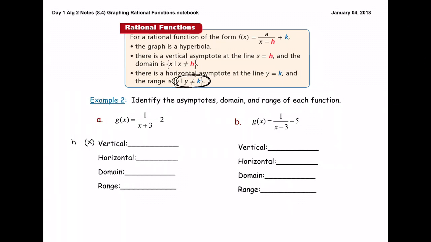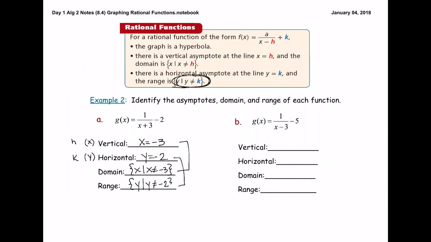Remember, our h is down here on the bottom, and it's opposite, so we're going to say x is equal to negative 3. Our horizontal is our y, or our k. Outside stays the same, so we're going to have a horizontal asymptote at y equals negative 2. Our domain pairs with our vertical asymptote, so for every x such that x cannot be equal to negative 3, and our range pairs with our y values, so we want all the y values except for where